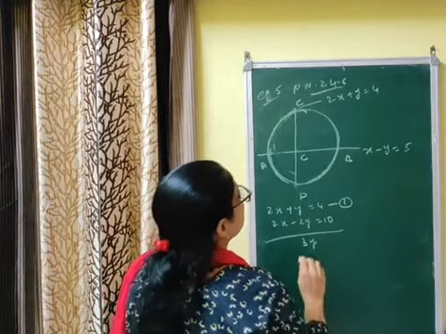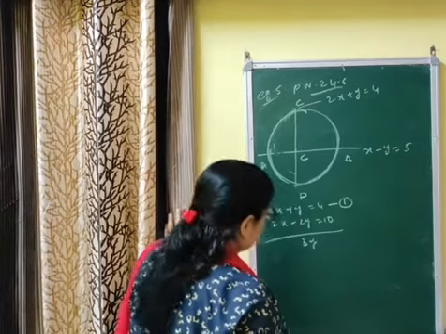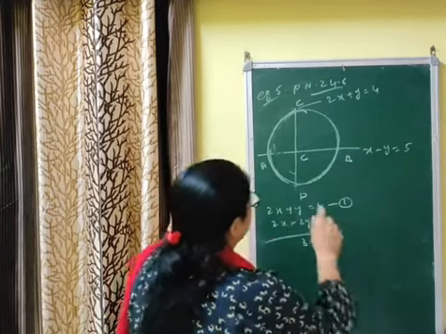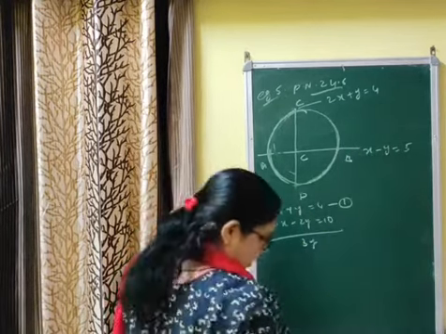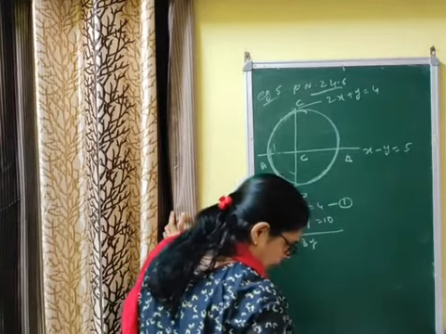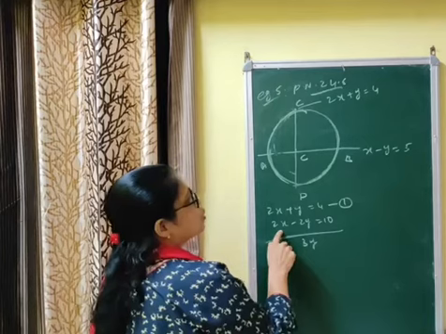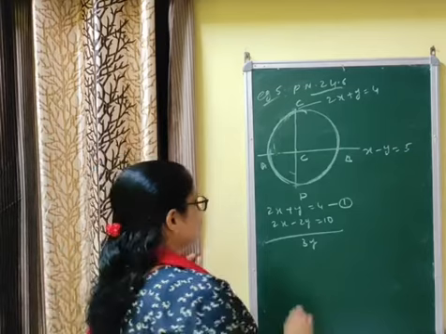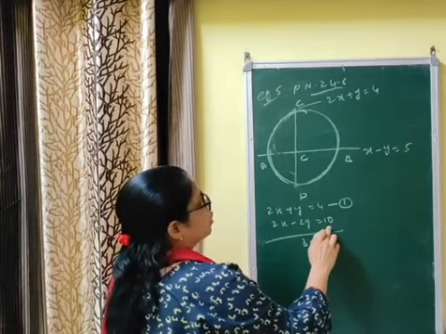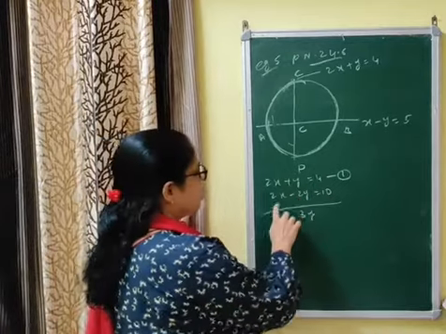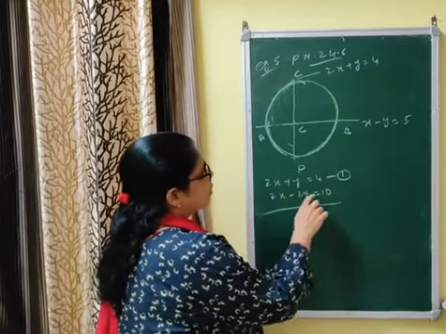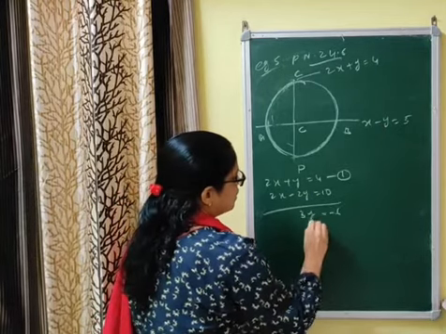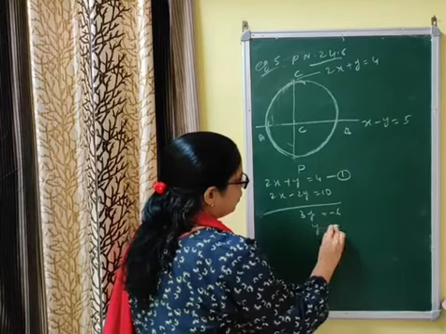Let me check the equations once more. The first equation is 2x + y = 4. The second equation is x - y = 5; multiplying this by 2 gives 2x - 2y = 10. So we have 2x + y = 4 as the first equation and 2x - 2y = 10 as the second equation. By elimination, 3y = -6, so y = -2.